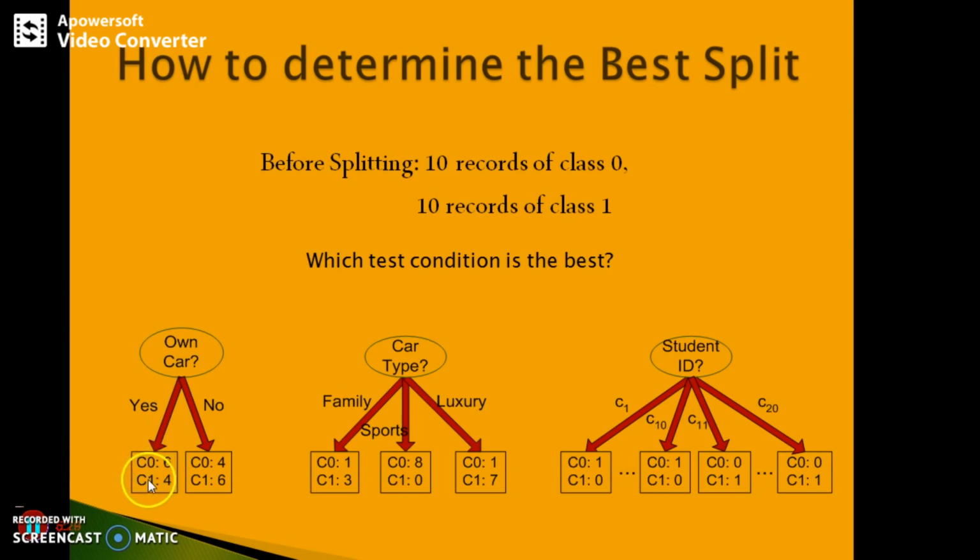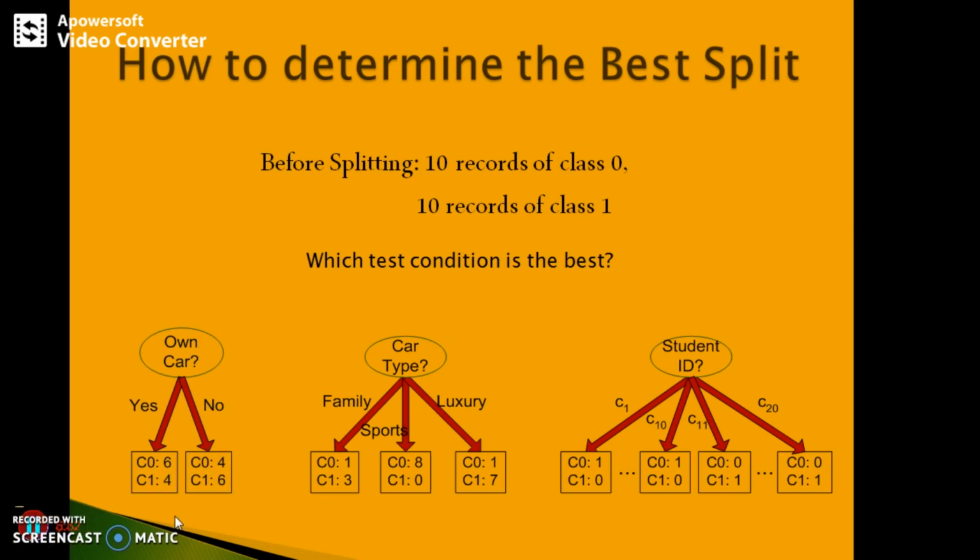So there are a total of 10 records, out of which 6 belong to C0 and 4 belong to C1. Similarly, go to the other value, own car equal to no. There, 4 records belong to C0 and 1 record belongs to